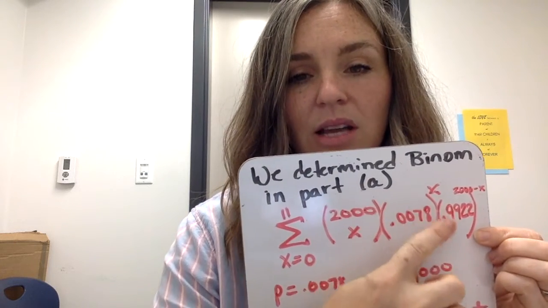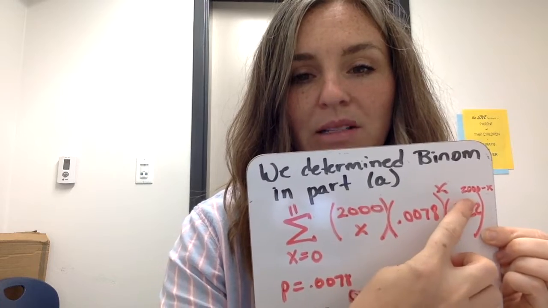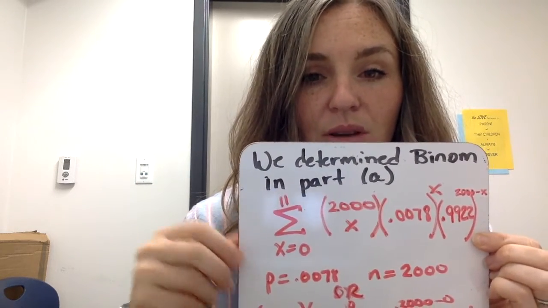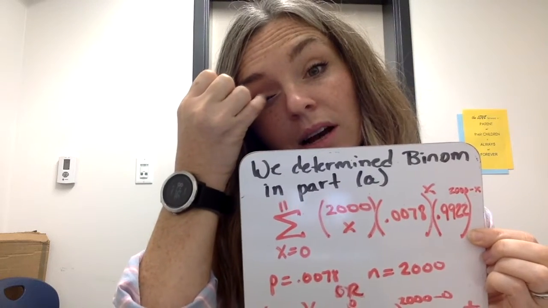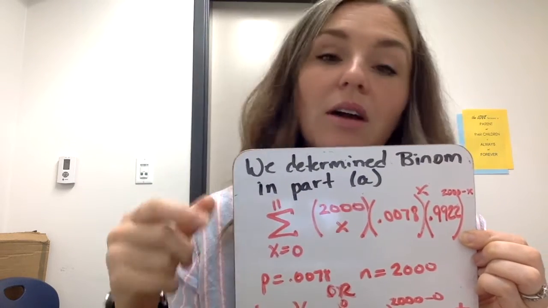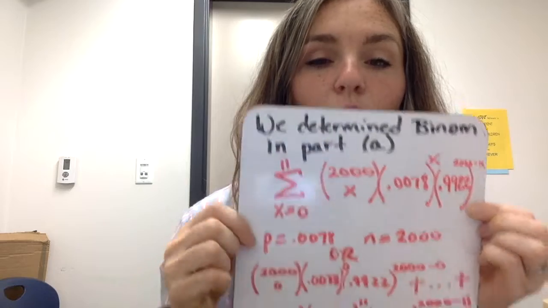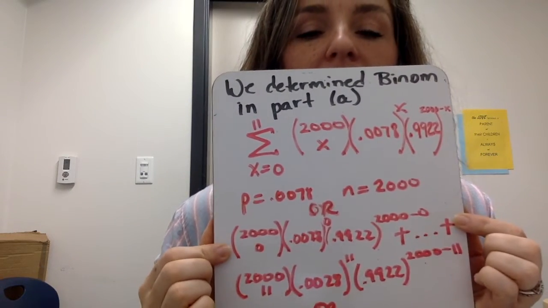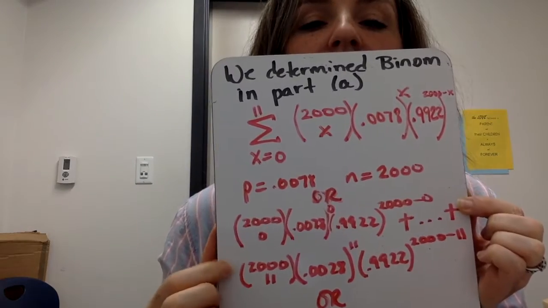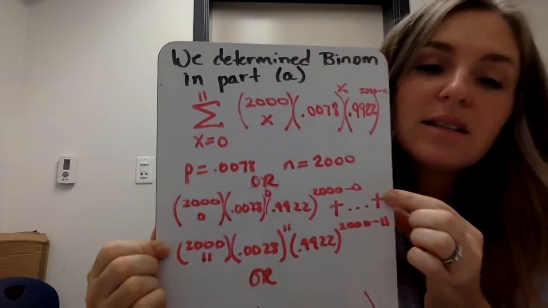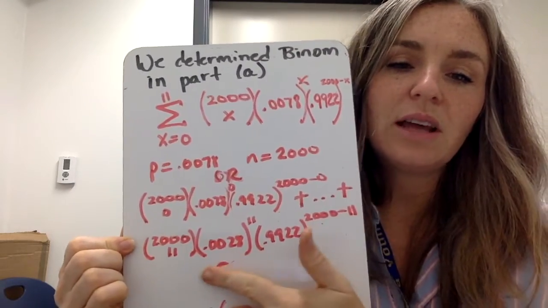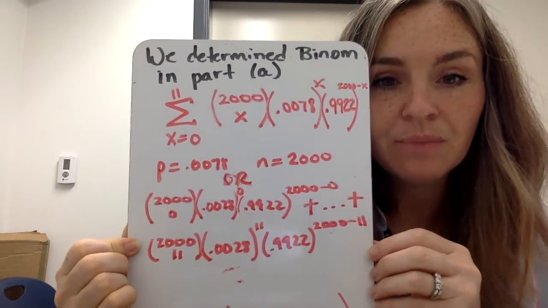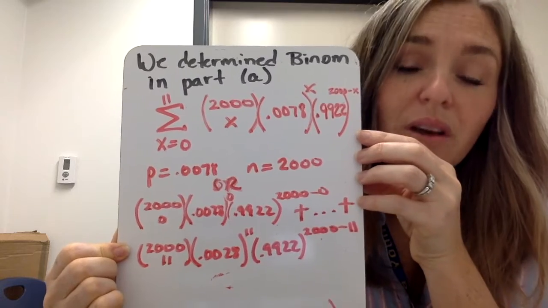Times p to the x, 1 minus p to the n minus x. Well, 2,000 minus x because we're using n. So you can use this and then just type into your calculator. Or you can write the first one and then write the last one. Regardless, and I shouldn't have done or here actually, let's take that or out. You have to show that you use the binomial formula somehow, okay? Now to get your actual